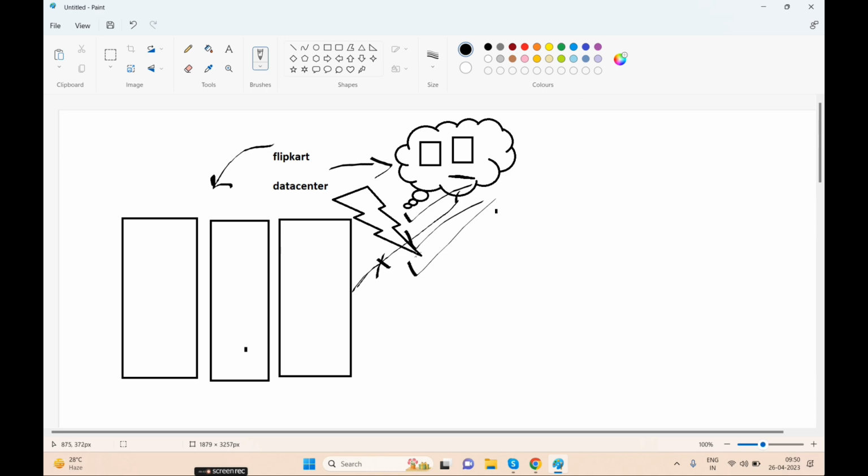So to transfer such a huge amount of data, or for migration from a local data center to the cloud, we have certain devices available from AWS which will help you migrate easily. Now what are those devices? Just like a pen drive.